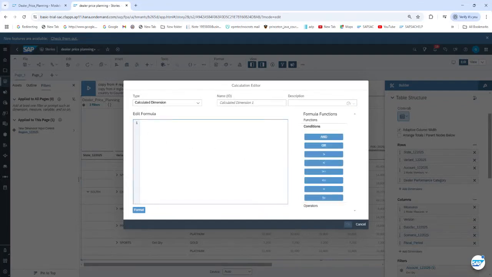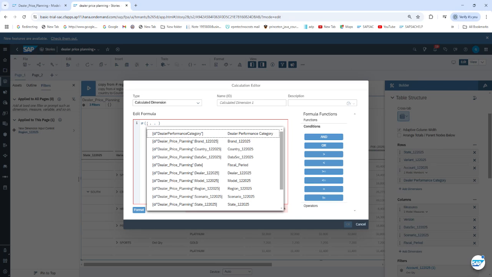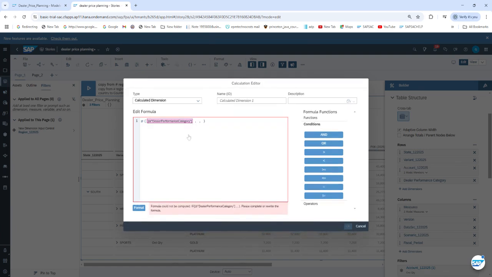What I'm going to do here, if I'm using if, an interesting feature you can notice, right? Why I'm talking of this one, calculated dimension after value based dimension, is because I'm seeing the dealer performance category. So whatever value based calculated dimension you create, that one I'm calling here. If this one, what I'm trying to tell the system,